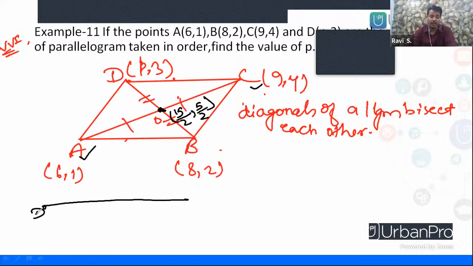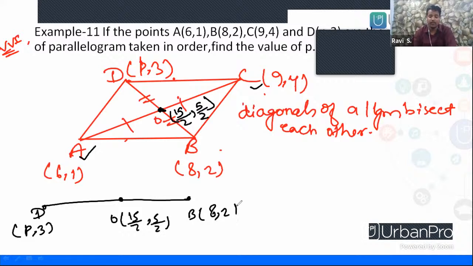This is our point D. I'm writing it down, breaking it down here like this. D is P3, and here it is O. So O is 15/2, 5/2. And here B is 8,2. So now